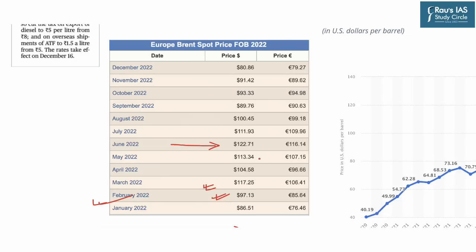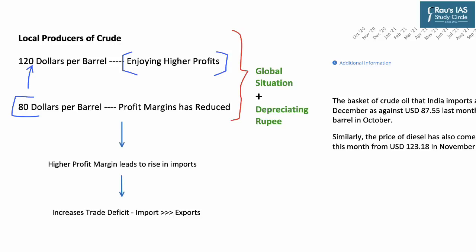As the price of crude oil in the international market increased from $113.34 to $122.71. Now another reason for the government to impose windfall tax is that since the companies have started enjoying higher profits, this higher profit leads to rise in imports of crude oil. Now rise in imports of crude oil further increases the trade deficit, as this sees sudden increase in import as